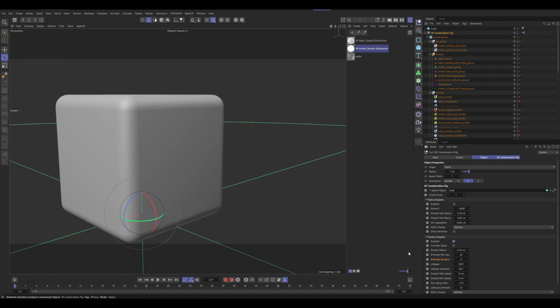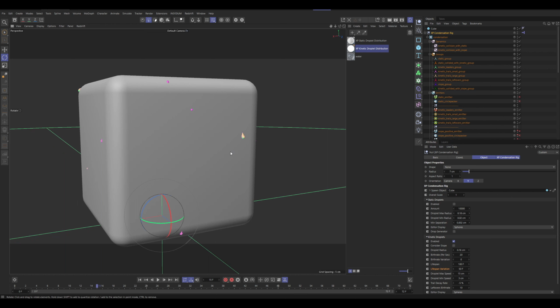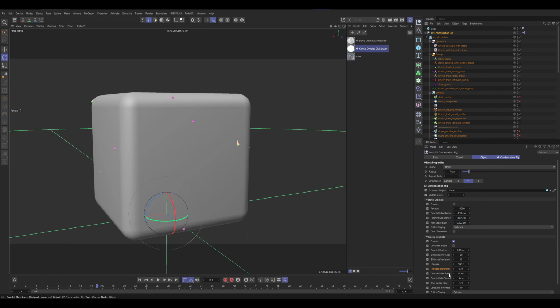Birth rate variation, that'll add some randomness to it. Lifespan is 100. So from the second it's made until the frame that it ends, it's going to be 100 frames with a variation of 50 frames, plus or minus. So some will have a lifespan of 50 frames, whereas others will have a lifespan of 150 frames, and then everything in between. Droplet max speed, again, this is just a range where some will move at 15 centimeters, some